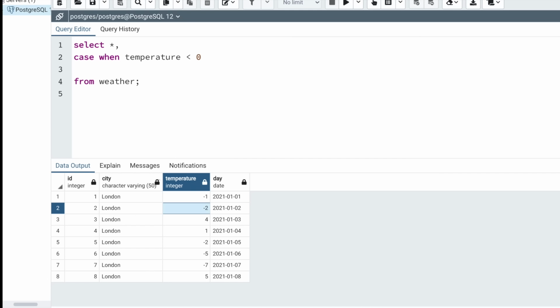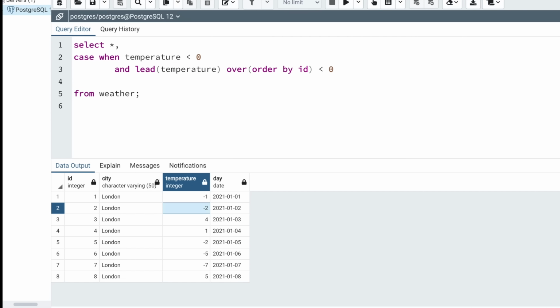So what is the next condition? Look for the temperature in the next row to see if it is also less than 0. In order to find the temperature of the next row, we are going to use the lead function. Here we pass the column as temperature, and I need to use the over clause. I don't need to partition because I need to consider all the data as a single partition, so no partition by clause here, but I need to order the data, order by ID. I'm getting the temperature from my current row here, and the temperature from the next row here, and I'm comparing it with 0.